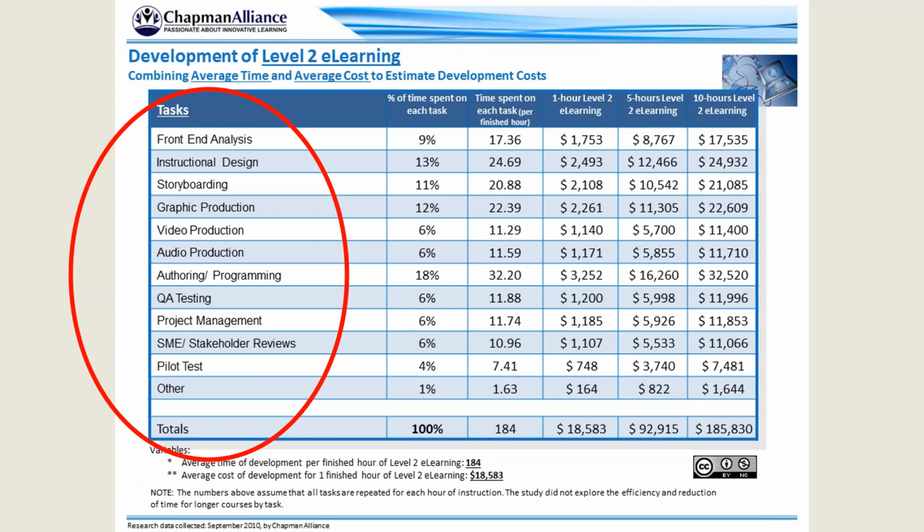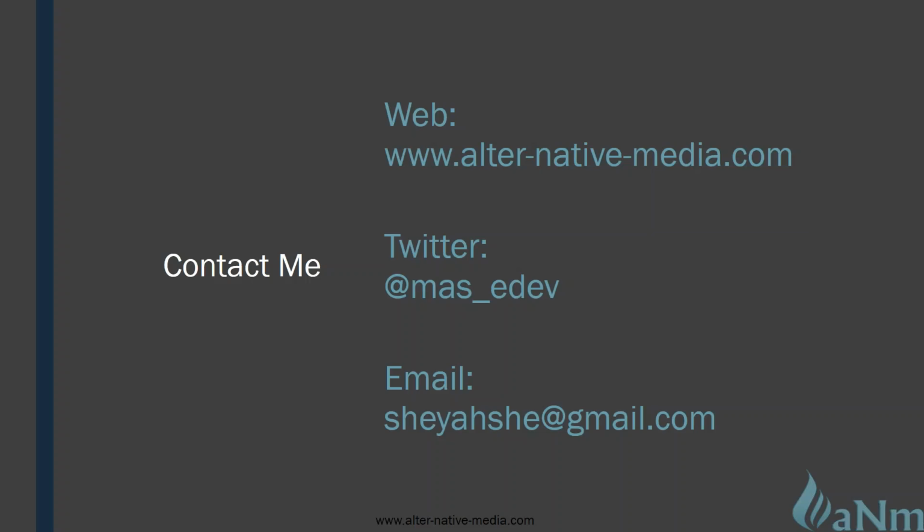Great. And we have a comment from Guido. I'm surprised that the need analysis, front-end analysis, is below 10%. I understand it's average, but I feel it should be higher. Could you name the range for this line, please? And I agree. And in some cases, it definitely needs to be higher. So I think that probably a lot of us are surprised that it's not higher. So I don't know that there's a specific range.